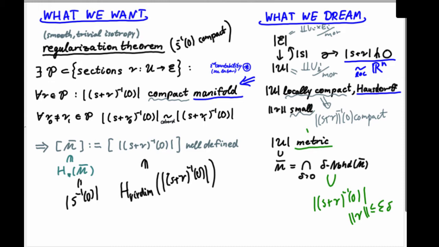And then with that, we call this new subscript delta. My perturbed zero sets would have